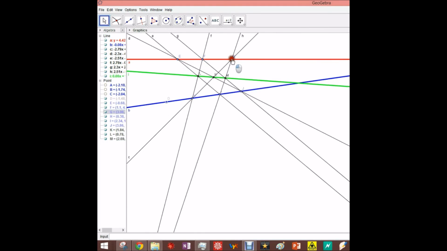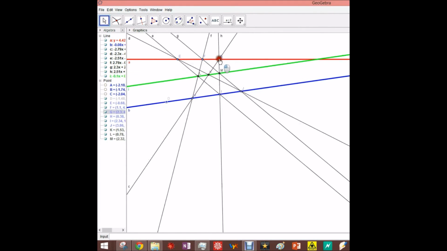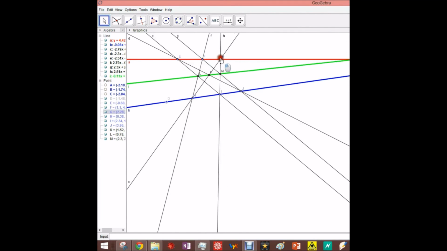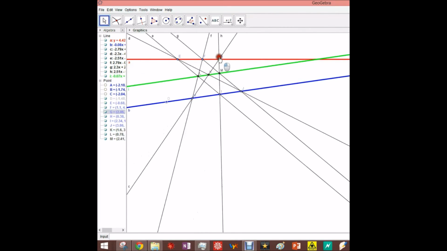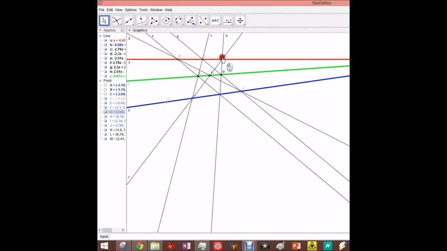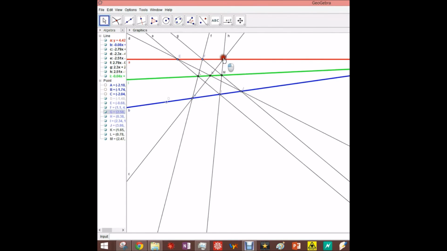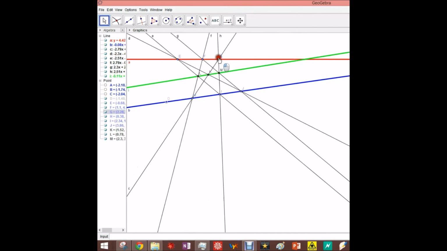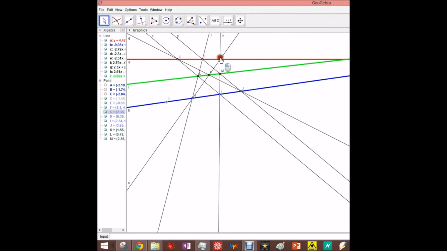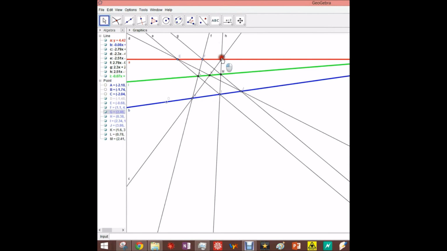So here's where things get really remarkable. The thing is that basically what Pappus's theorem is saying is that if we have a red line and we have 3 points on it, and we have a blue line and we have 3 points on it, then they're going to generate this green line in the way I've just described. And what's remarkable is that those 3 points